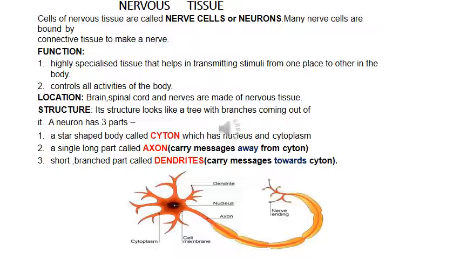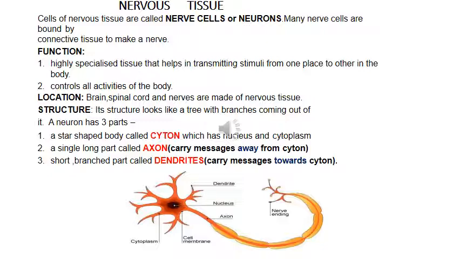Now come to the slide. Cells of nervous tissue are called nerve cells or neurons. Many nerve cells are bound by connective tissue to make a nerve. What is the function? See very nicely, it is being written here. Please copy it down. Function: a highly specialized tissue that helps in transmitting stimuli from one place to another